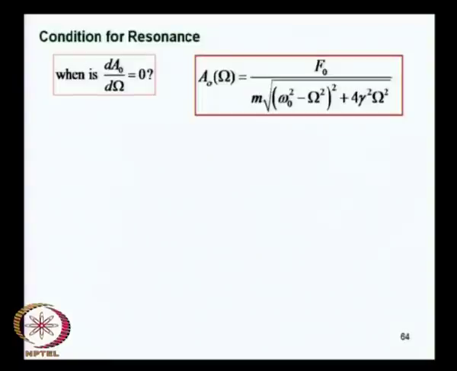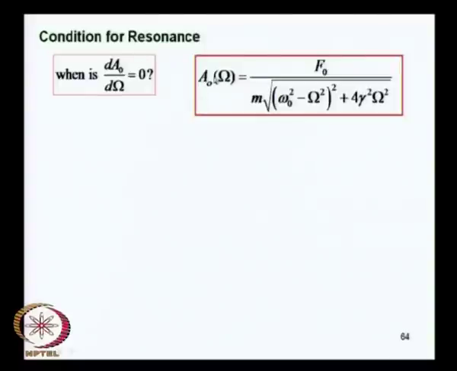What you must do is find out when this derivative with respect to frequency vanishes, because for any function to be a maximum, its derivative with respect to the independent parameter goes to 0, right. So, you take the function a0 as a function of omega, take its derivative with respect to omega, set this derivative equal to 0, and then analyze the consequence of this condition, because the condition for a minimum or a maximum is that the derivative of the function must vanish, and of course, if you are interested in whether it is a maximum or a minimum, you should also look at the second derivative and so on, but here we are interested